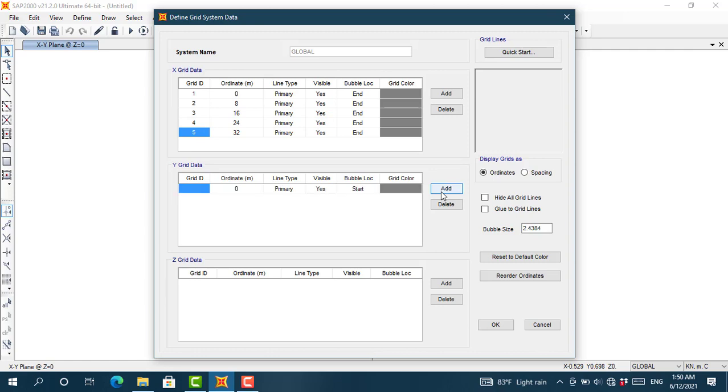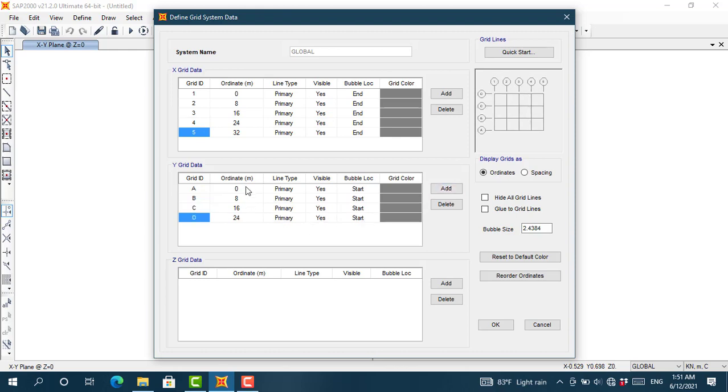Then we will move to the grid Y and we will take here again the same measurement for the grid Y also. We will take 8 meters and we will have 3 more grids in Y grid, Y direction, and we will take the building height as 3 meters for each floor, and the